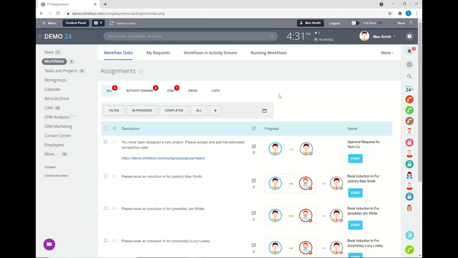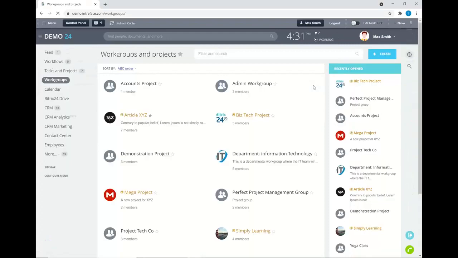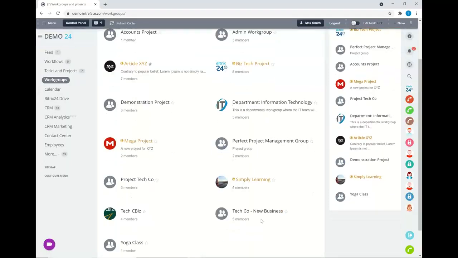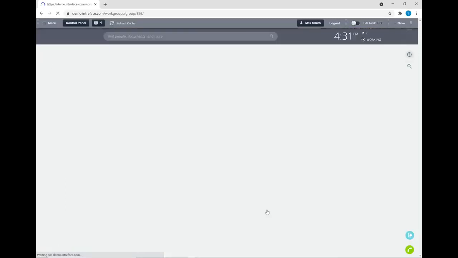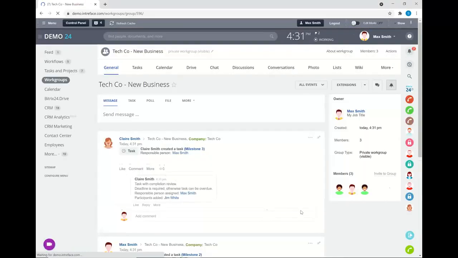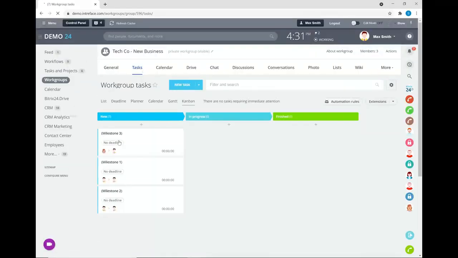So I've accepted that project, and if we go into our workgroup section, we can see TechCo new business has now been created. And we can see today here it has brought different members from our business into this particular project. It's added all of the different modules here that we want to add. And if we go into the task section, it's also created 3 tasks that need to be completed